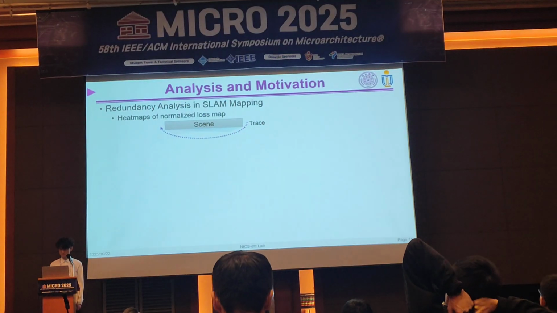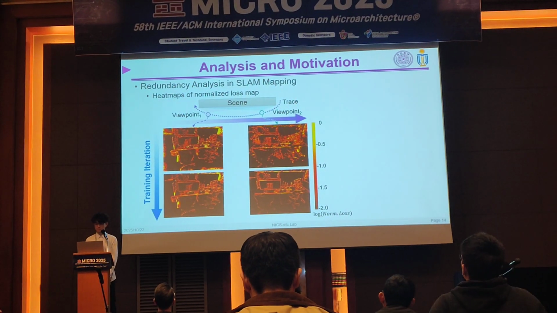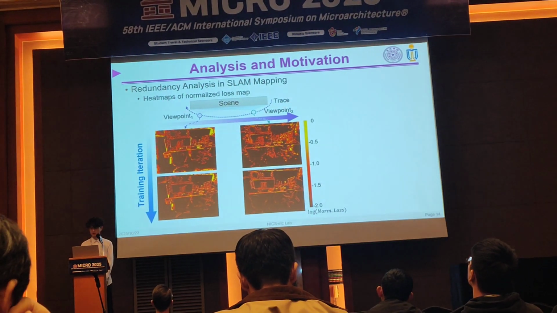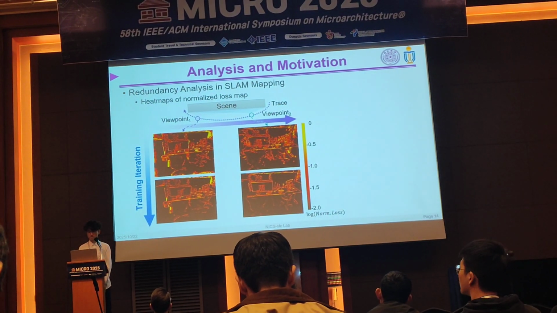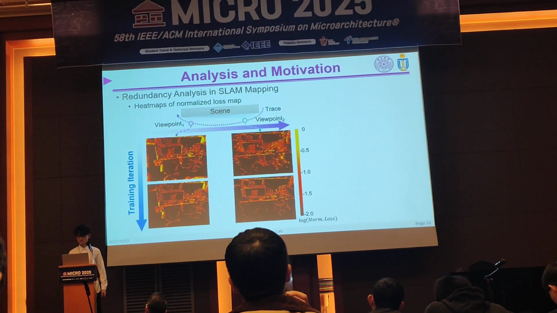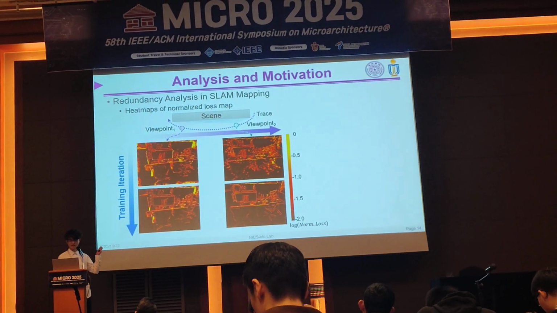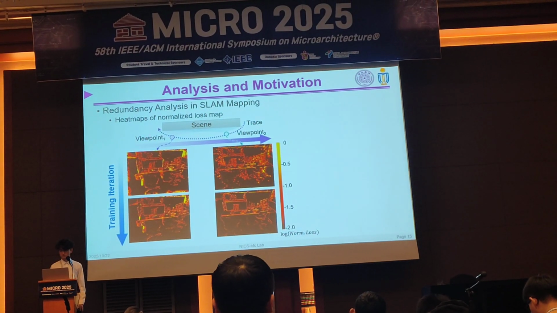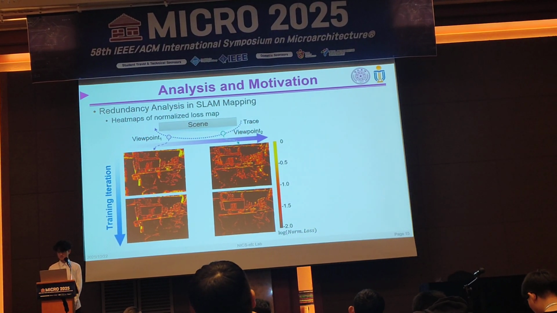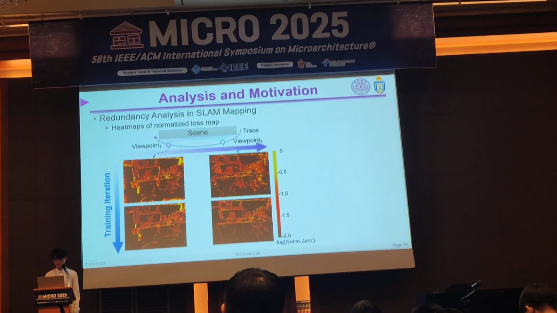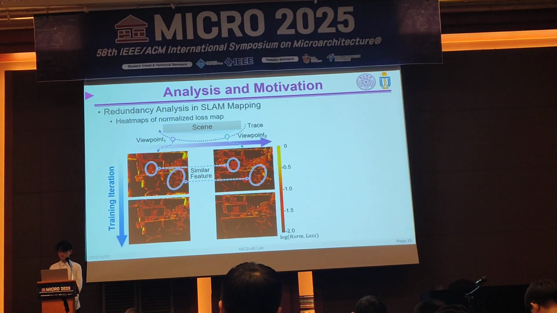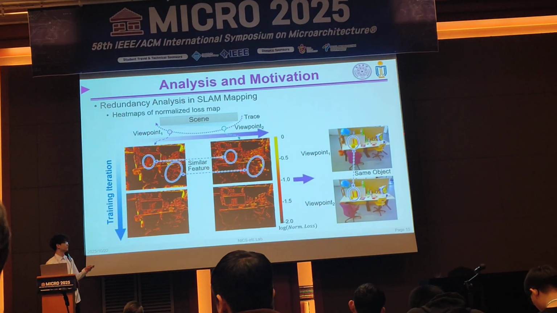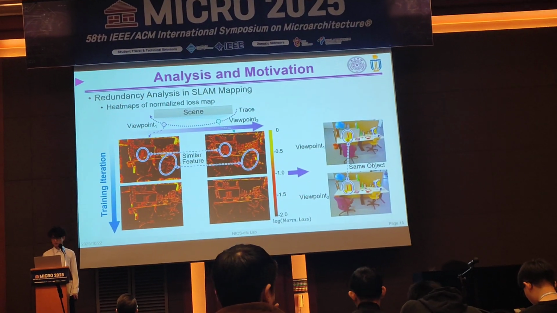So we started by analyzing the redundancy in the mapping process, and these images are heat maps of the per-pixel training loss, where brighter means higher loss. As the former presenter has already shown, there is redundancy in that, and you can see that many areas are well optimized. Furthermore, our SLAM processes continuously captured frames with only slight viewpoint changes. These high-loss areas exhibit strong spatial consistency. The features that are difficult to learn in one view will be difficult in the next,